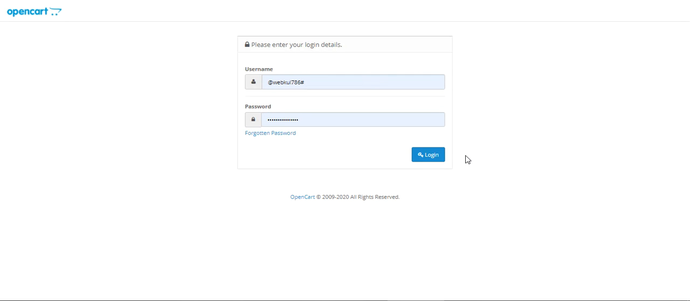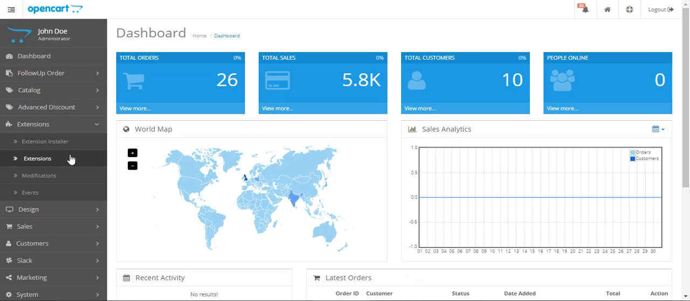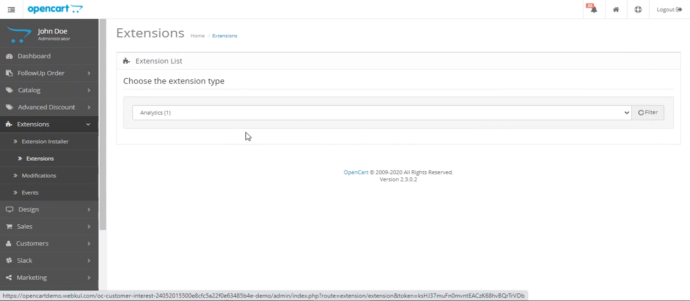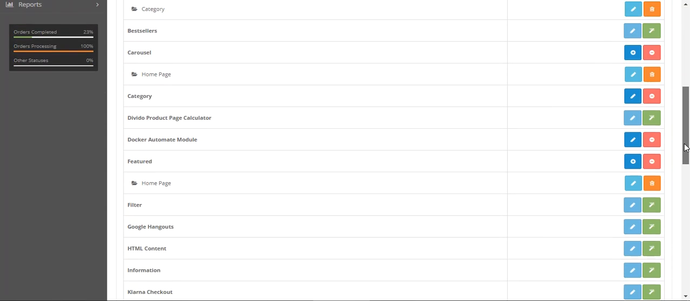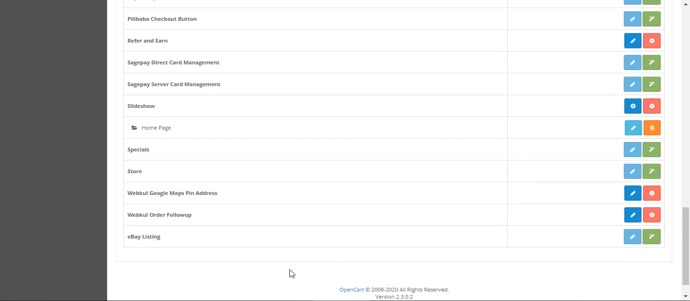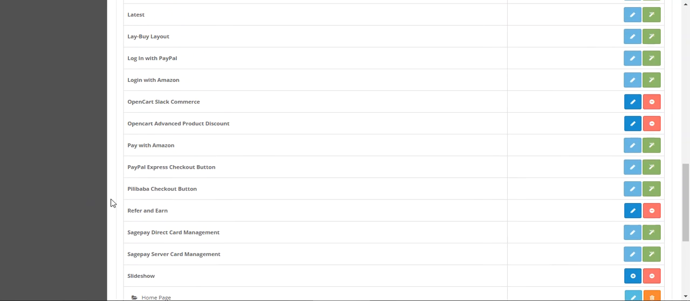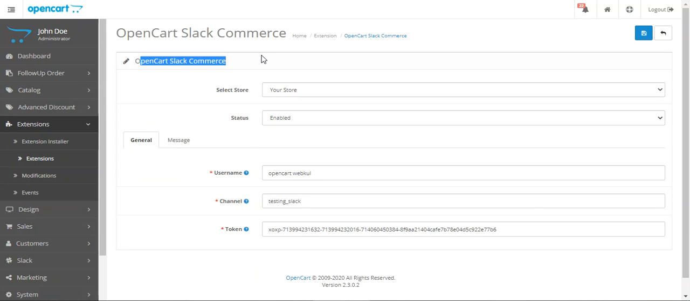Let's log into the backend panel for the Opencart web store by entering my username and password for the admin. Now after we've logged in, to make the configuration settings, we can navigate through Extensions and then Extensions. Thereafter we'll choose Modules, and here we'll be looking for our plugin. I'll scroll down for that, and let me scroll a bit up, and somewhere here we have our product. Okay, we have the Opencart Slack Commerce here. We'll just tap on the edit button, and that brings up the initial configuration settings for the Opencart